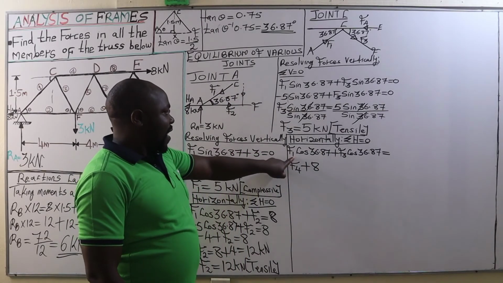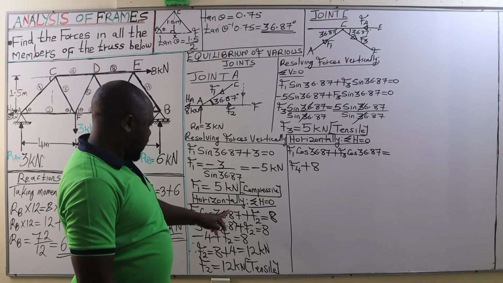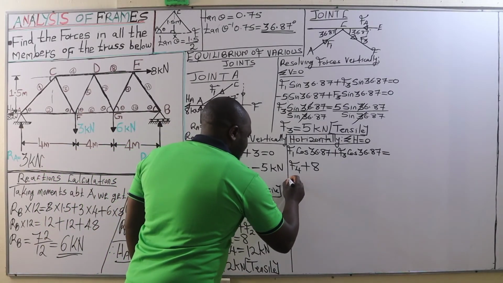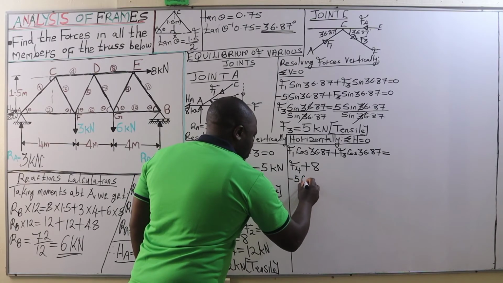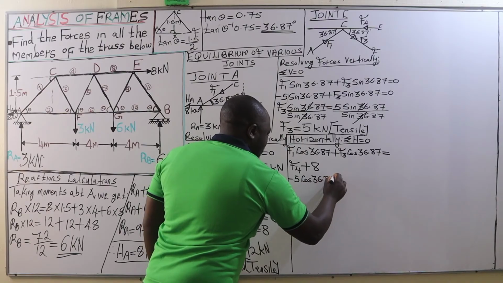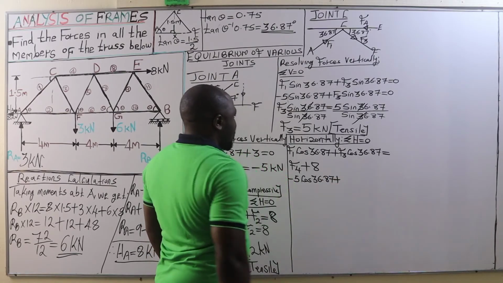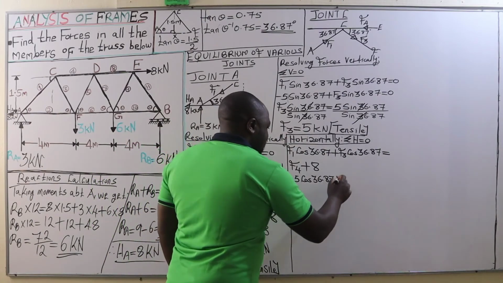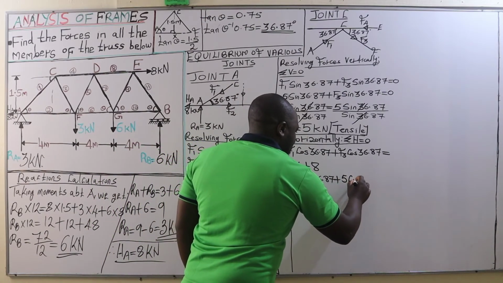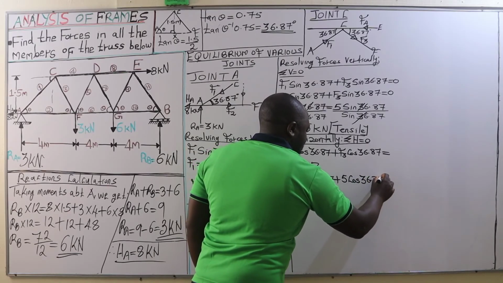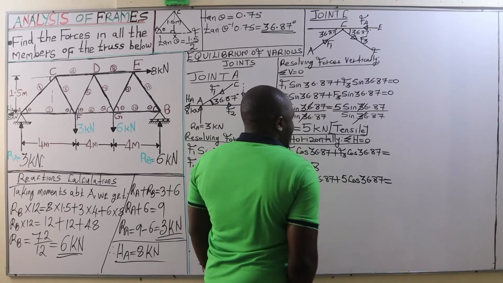We have the value of F1, which is negative 5 kilonewtons, and therefore negative 5 cos 36.87 plus, we have the value of F3, which is positive 5, therefore plus 5 multiplied by cos 36.87 is equal to